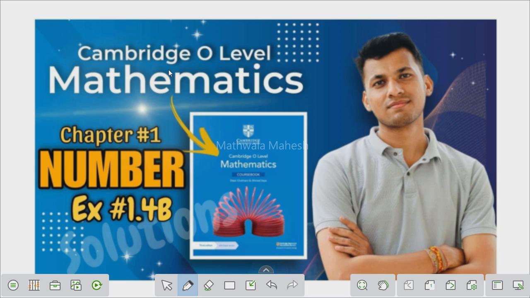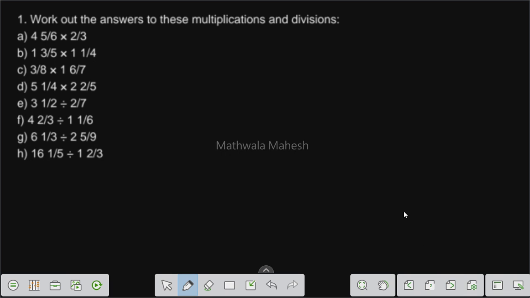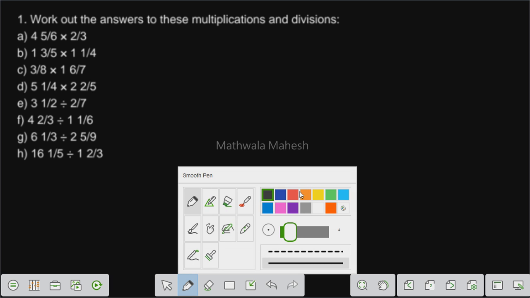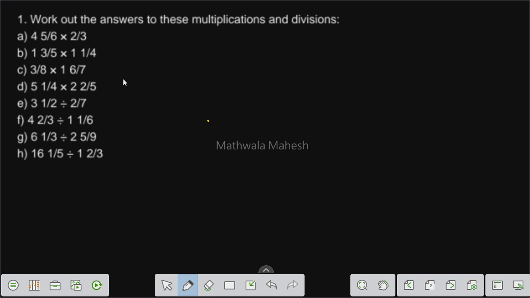Now today we will solve exercise 1.4b. So moving to the first question. Work out the answers to these multiplication and divisions. So we have to first multiply the numbers and then we have to do the division. So the first question is